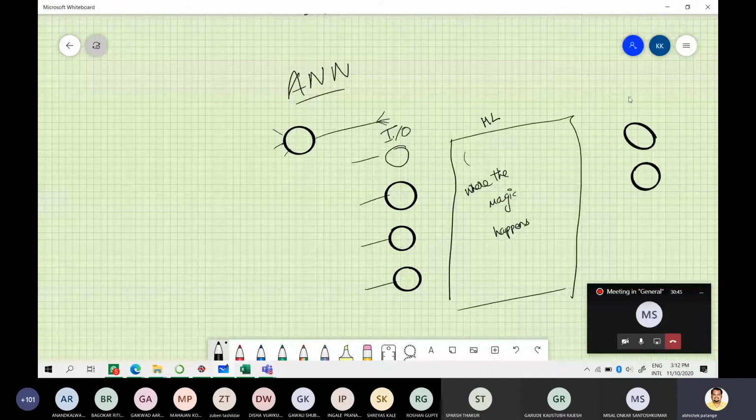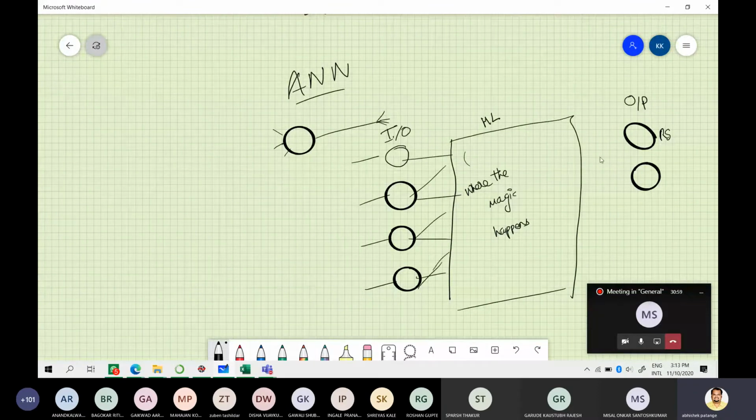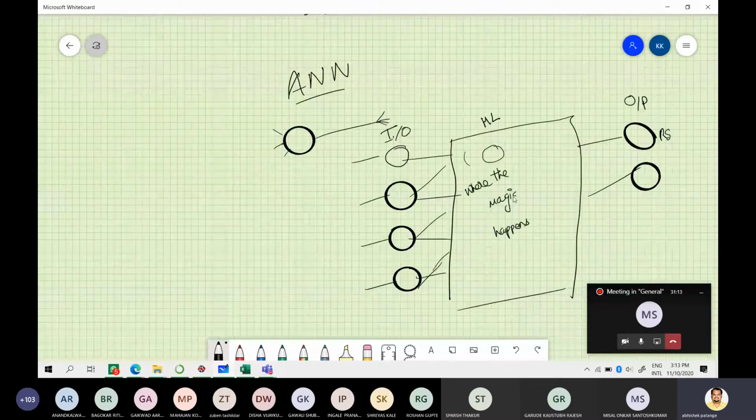So this is the output layer, and this is where you get your output values such as residual stress, or whatever you want depending on your system. So these input layers are mapped to these hidden layers, and these hidden layers are mapped to the output. Essentially, there are inputs that you give to this black box, and it does some magic, which is not magic, it's mathematics, but we'll get to that in a short while.